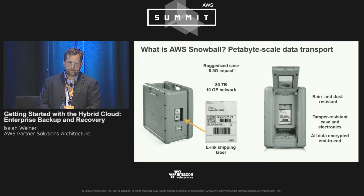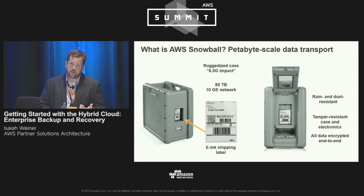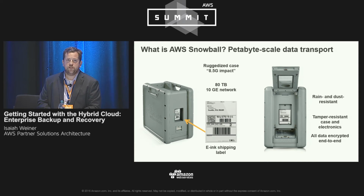And the main difference, I would suppose, from the original import-export is that with the original import-export, you had to buy the disk. And so this is Amazon hardware. You just lease it from us for a short period of time. So we ship it directly to you. You can actually see, I don't know if this shows up, this is actually an e-ink display like on the Kindle. And it automatically has the right shipping address there. I think that's pretty cool because